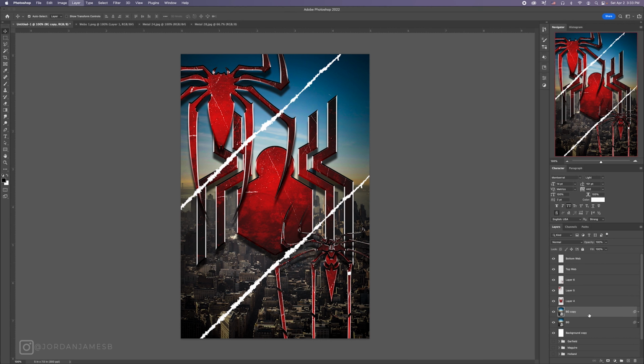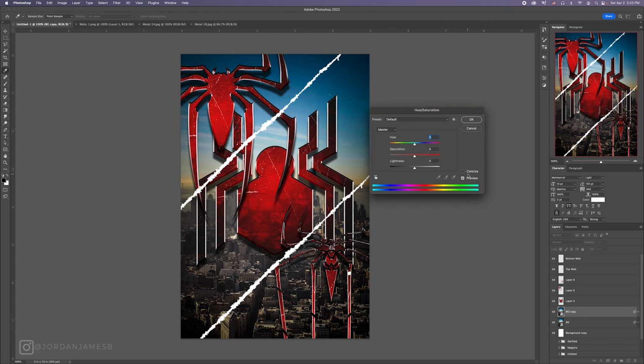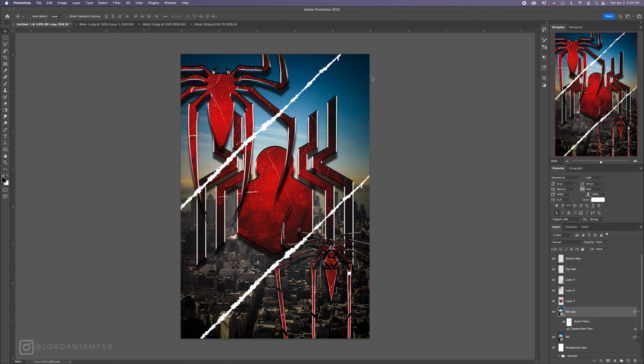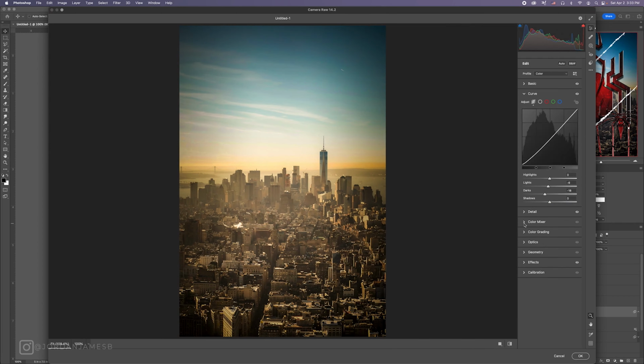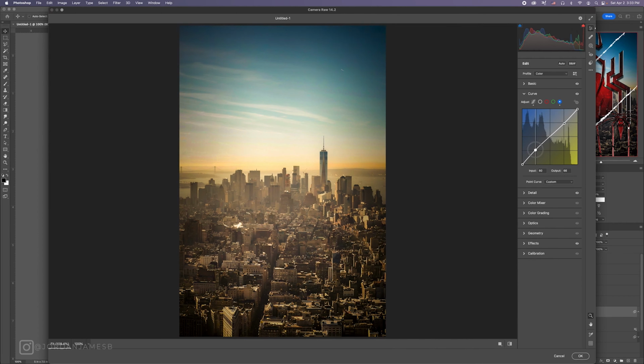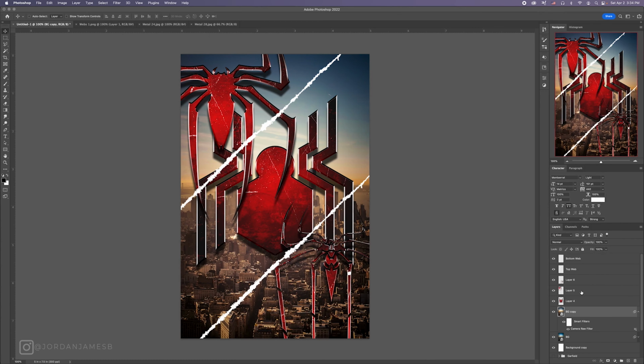So we're going to duplicate the background layer. We're going to hit Command U. No, we're not going to do that. We're going to bring back up the camera raw filter settings, and we are going to shift things to make it a little bit warmer. It's going to get warm in here. It's pretty much all you want to do. It's not a whole lot. And then